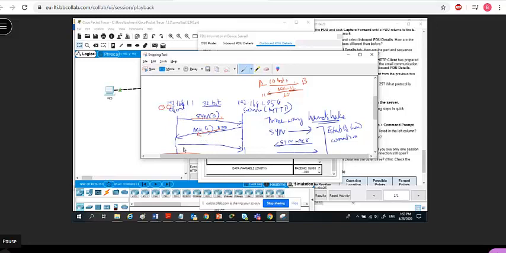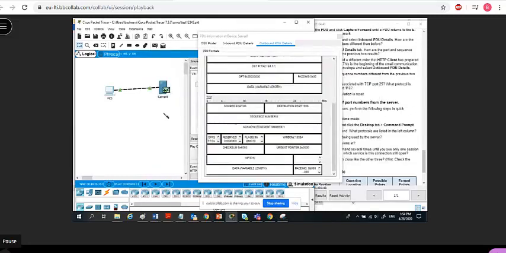Now what the client has to do is acknowledge it. What has to be acknowledged? The SYN here. What was the SYN number? 0. So it has to send ACK 1. Yeah. So now if you look at the next one,